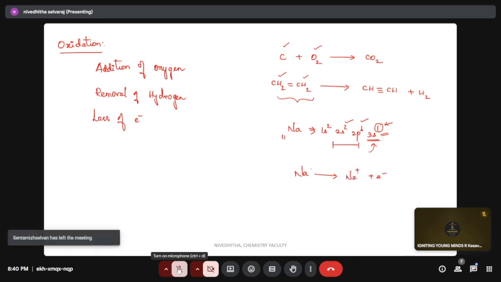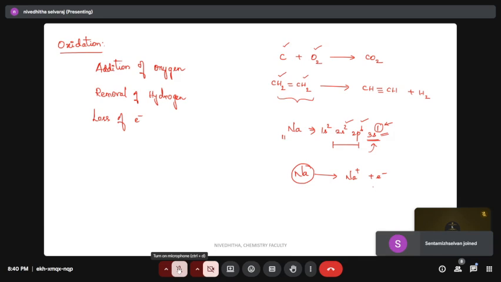So in this process, sodium is losing an electron. So here it is the loss of electron, and this reaction is called oxidation. Fine, you're getting my point. Yes, ma'am. Similarly,